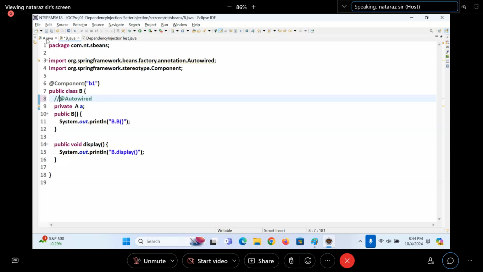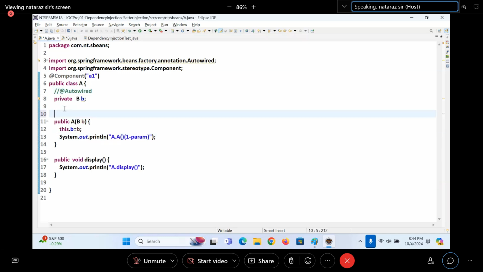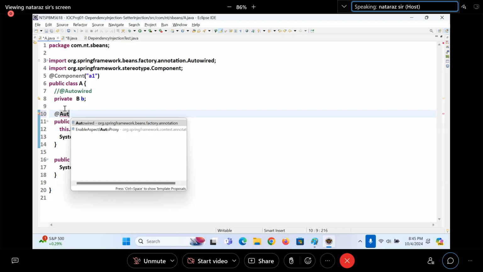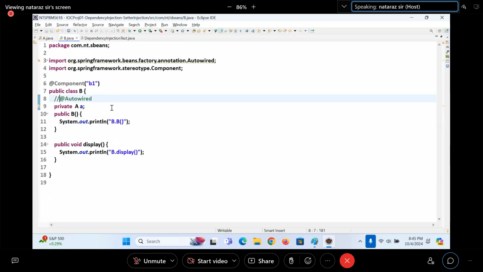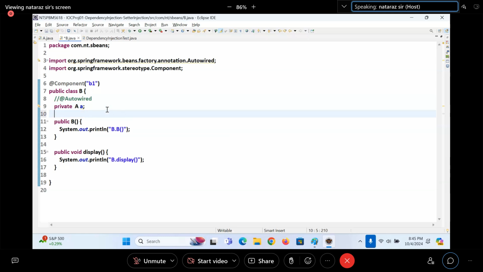But in the A class also, on top of the one-param constructor, I should place @Autowired or not. Here you also observe @Autowired. That is the most important one, right?